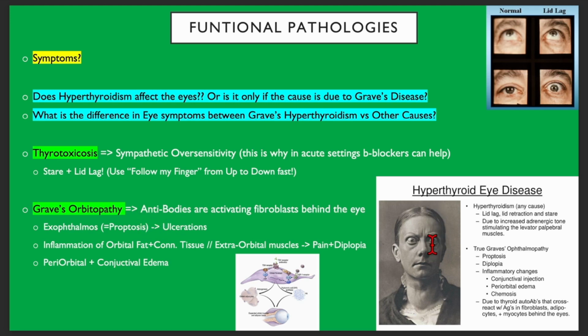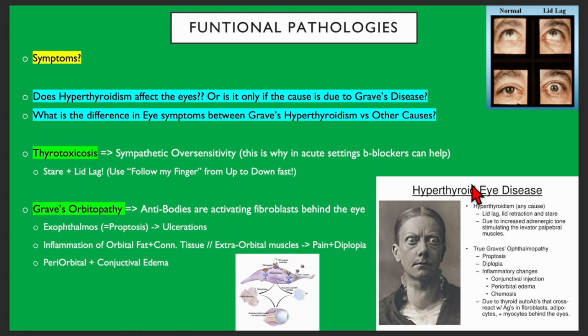So it doesn't get wet enough. Yeah, ulceration is a complication, so it's getting dry. Also, you have all this inflammation of the muscles here, so there is pain. Derangement of the eyes, so you have diplopia as well,